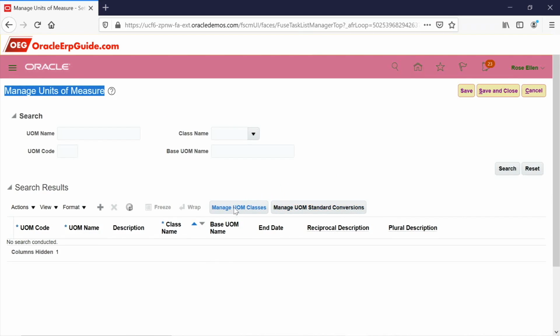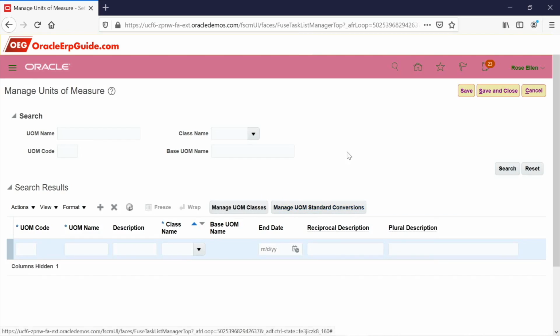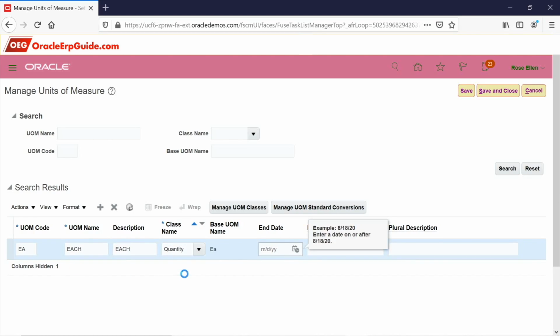Here you can see UOM class and standard conversion. For the code, let's give each as EA, and the UOM name is each. This should come under quantity.